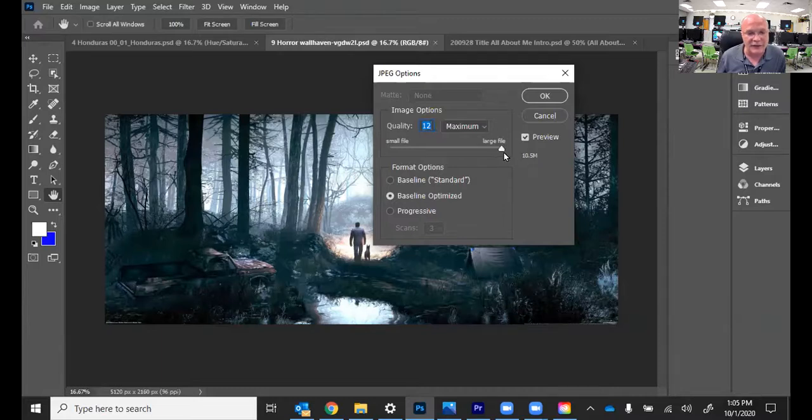So there's very little difference between 10 and 12 as far as what our eyes can see. I wouldn't be able to tell you that one was saved with 12 and that one was saved with 10. But look at the size, it's half the file size. So 10 is a good number, just leave it on there. It's close to the maximum, it's rated as a maximum, and if you just do that every time, you're in